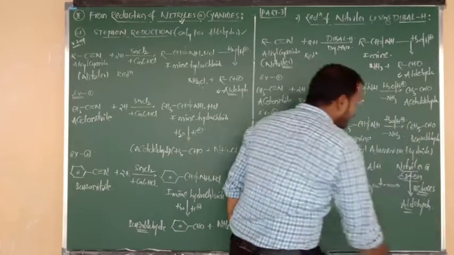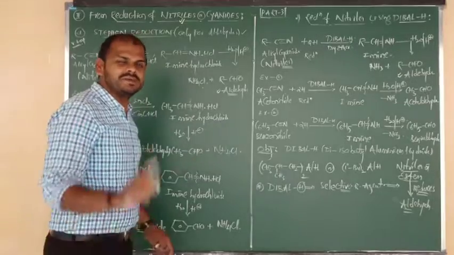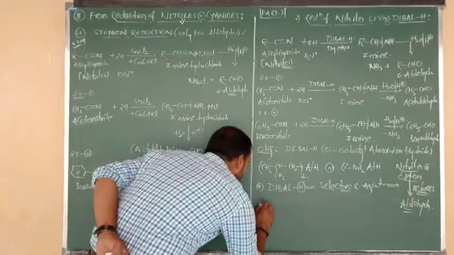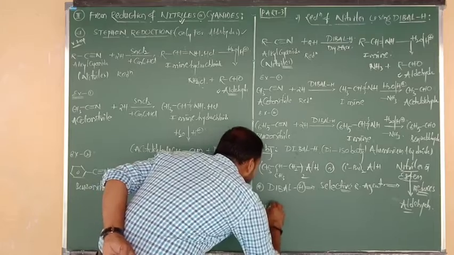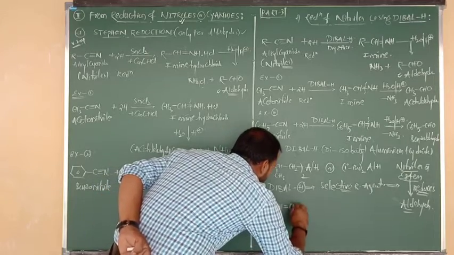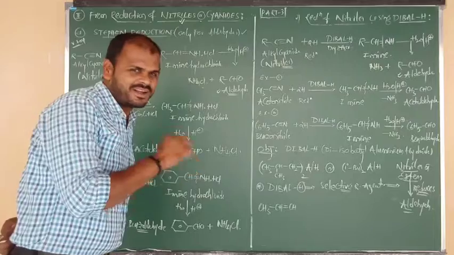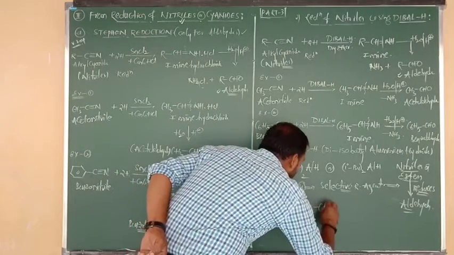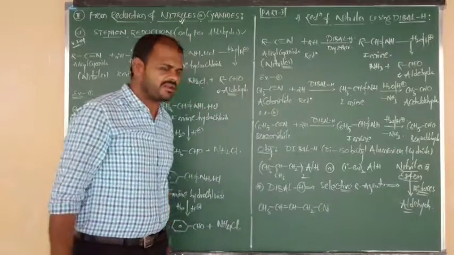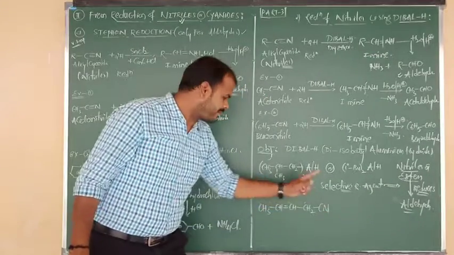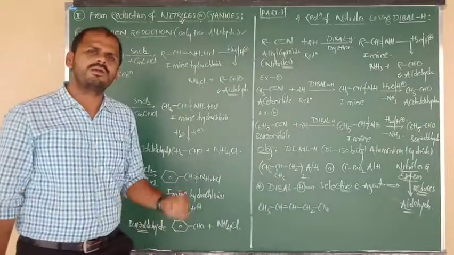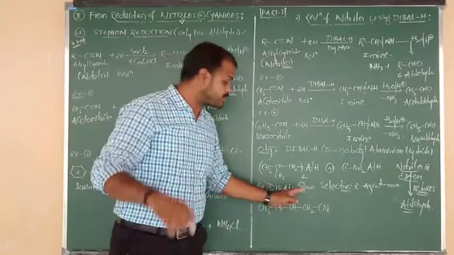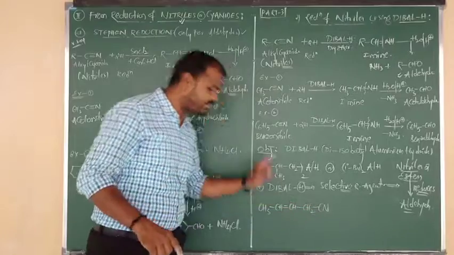Good. So we will discuss with an example whether the statement is right or wrong. One question: CH3 bonded to CH, double bond CH. I have written a double bond compound, unsaturation, and it is connected to another CH2. Again, it is connected to CN. So the overall compound is an unsaturated cyanide, or we can say nitrile. But what is the importance of DIBAL-H? It reduces only the nitrile. It cannot reduce the double bond.